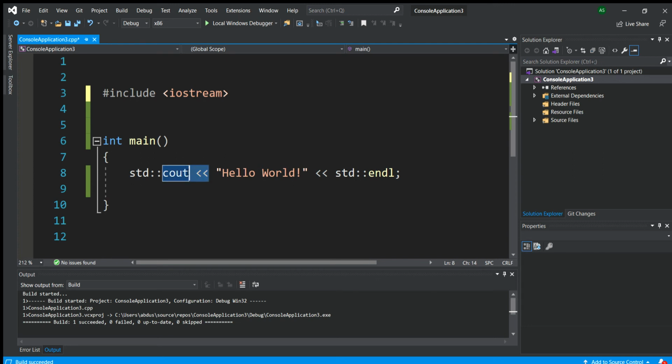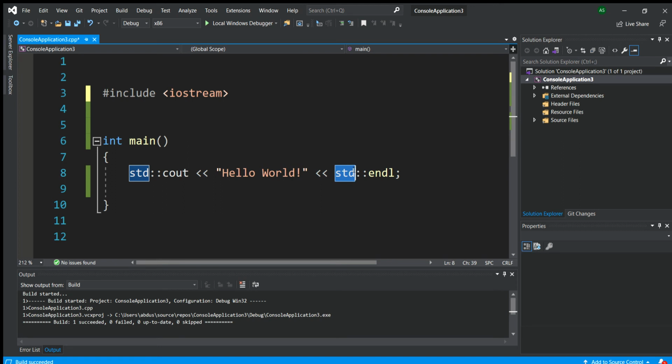So you can read it as the standard library, with the implementation of IOStream called cout, is streaming out the sentence hello world and streaming out the standard